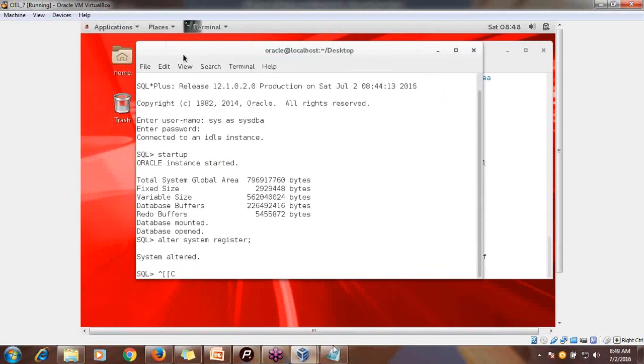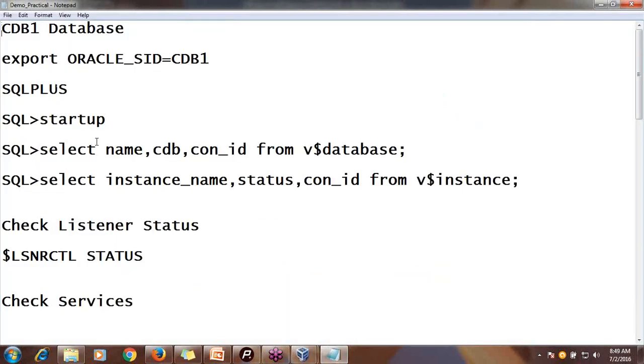So here I'm just showing to you a few data dictionary views we will discuss. So we have just started the database. Now V$DATABASE. In the V$DATABASE, they have included two new columns, that is CDB and CON_ID. What does it mean? CON_ID, container ID.